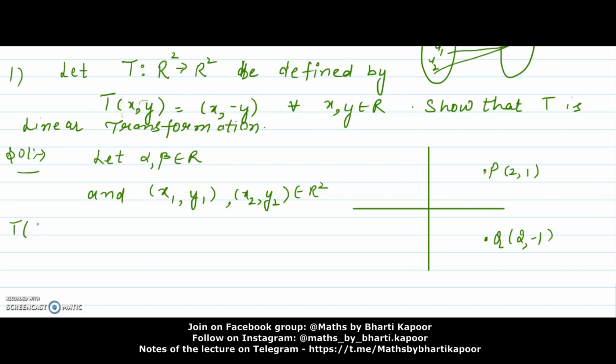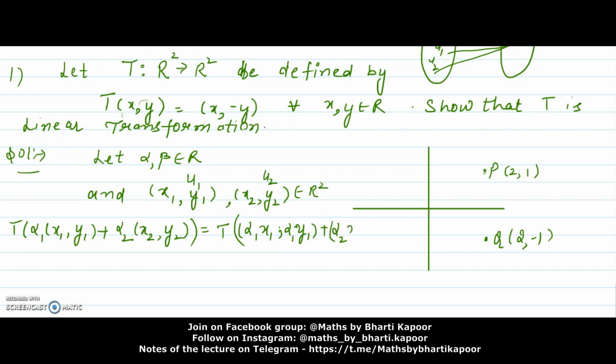Now find T of alpha 1 (x1, y1) plus alpha 2 (x2, y2), because here these are u1 and u2. So we used to find T of alpha 1 u1 plus alpha 2 u2, which is equal to T of (alpha 1 x1, alpha 1 y1) plus (alpha 2 x2, alpha 2 y2),